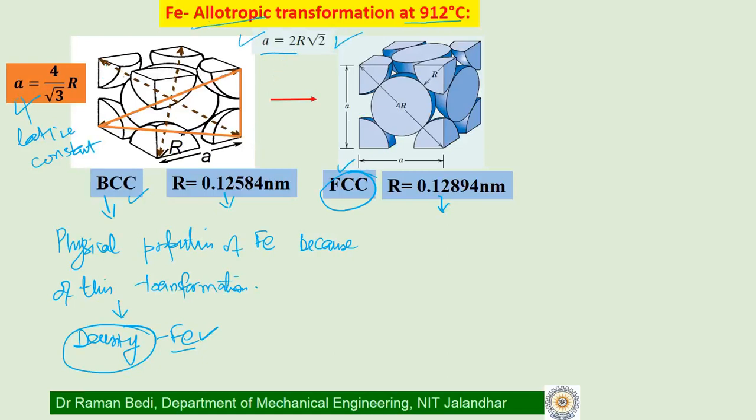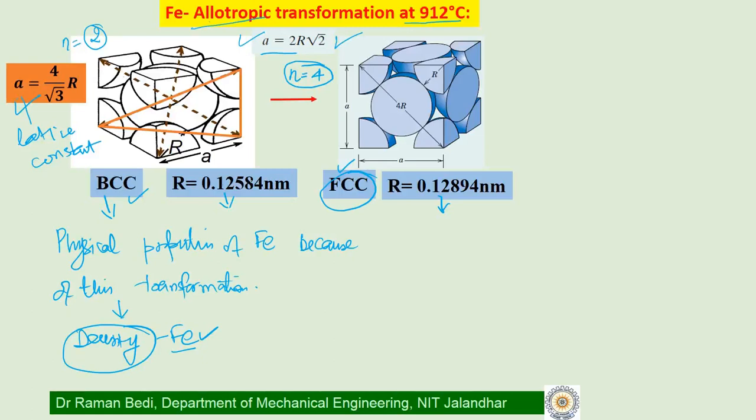Further, the number of atoms in a single unit cell of BCC is 2, so N is equal to 2 here, and the number of atoms in an FCC unit cell, N, is 4. So this is also a difference. But keep in mind that when you are taking a unit mass of iron, the number of atoms does not change when you heat it up. The number of atoms remains constant.